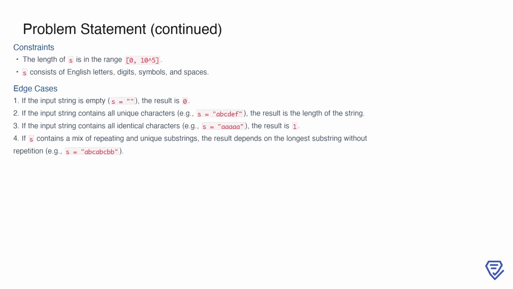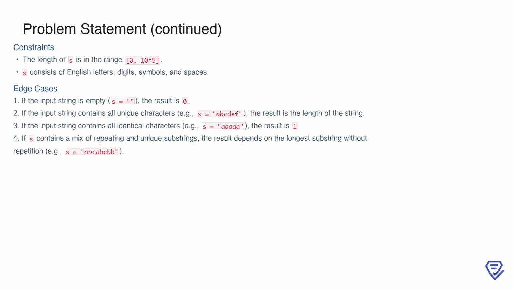There are a few important constraints and edge cases to keep in mind. The length of the string S can range from 0 to 100,000, and S may include English letters, digits, symbols, and spaces. For edge cases, if the string is empty, the result is 0. If all characters are unique, like S equals ABCDEF, the result is simply the length of the string. Conversely, if all characters are identical, like S equals AAAAA, the result is 1. For strings that mix repeating and unique substrings, such as S equals abcabcbb, the result is determined by the longest